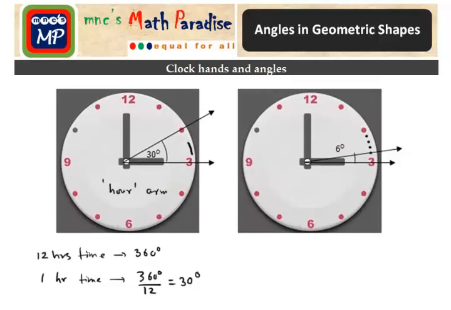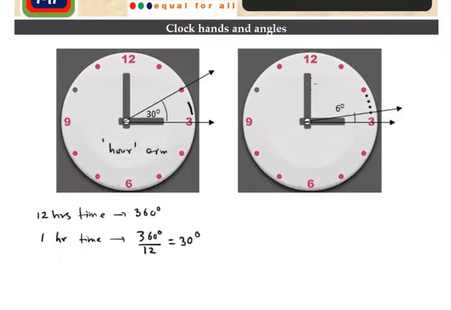Let us see how much angle a minute arm covers when it covers 1 minute. Now the question is, how many minutes are there? When this minute arm starts from here and goes around and completes this round, it completes a revolution. That is, a minute arm completes a revolution in 1 hour. In 1 hour time, a minute arm starts from here, goes round and comes back here. So in 1 hour time, a minute arm covers 360 degrees. So in 1 hour time, the minute arm, we are talking about now, the minute arm